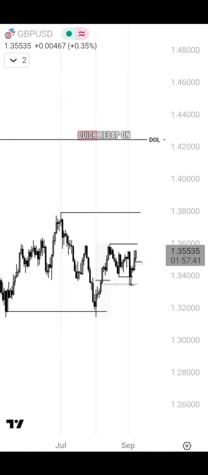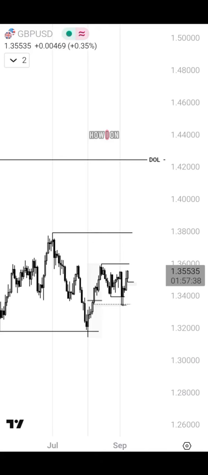So a quick recap on how I look for trade ideas. On the higher time frame, I want to ask myself questions like, what is the draw on liquidity? Where is price heading to? Am I seeing a clear direction that price is heading to? The next thing I want to ask myself is, what is the bias and narrative? Are we bullish or bearish, and why am I bullish or bearish? The next thing I want to ask myself is, what is the key level that is likely to be used, if I'm bullish, to push price higher? So once I answer these questions, then I can safely go to the weekly and daily time frame to look for time and price to be in alignment.